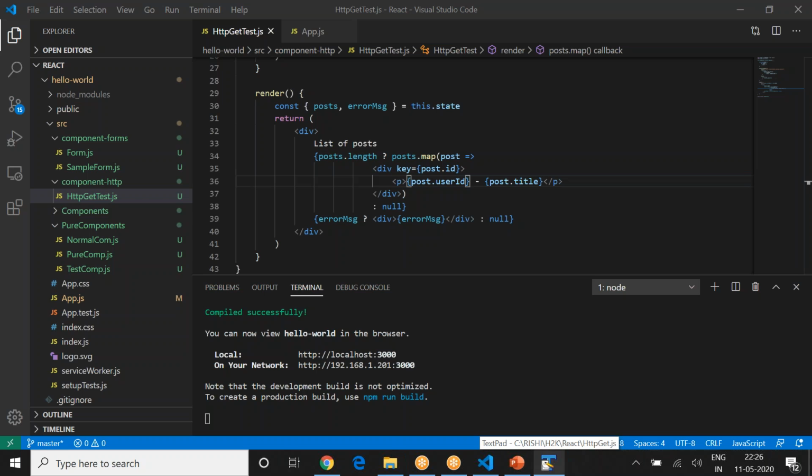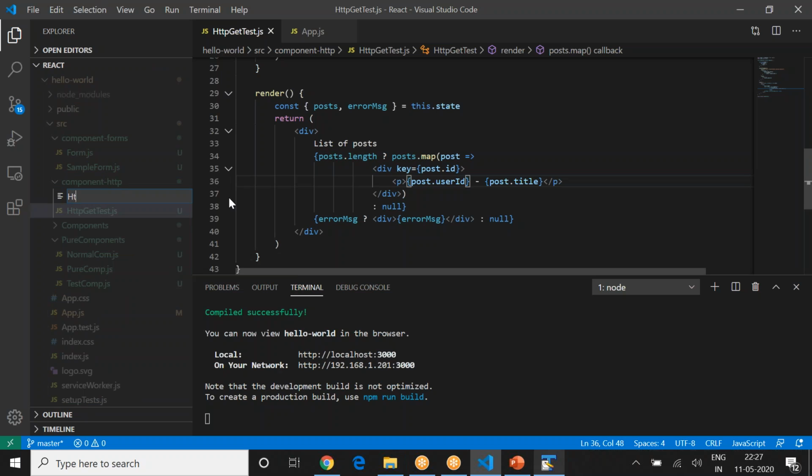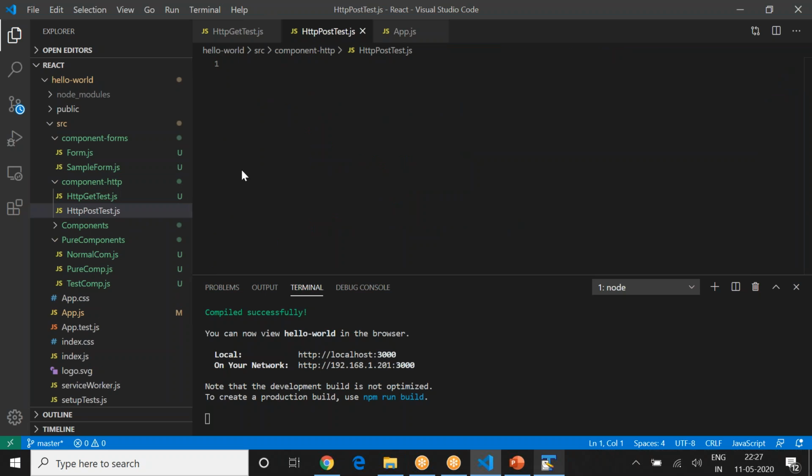And I will add that component here. So new file, I'll say HTTP post test.js. Okay, no new differences, no new things here. Let me show you that.